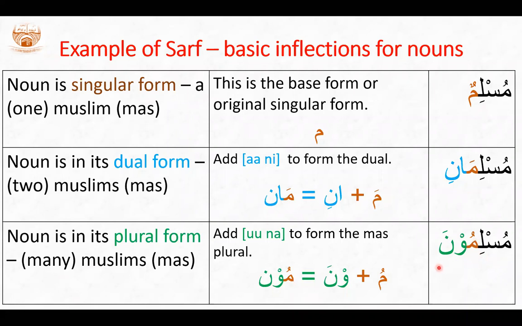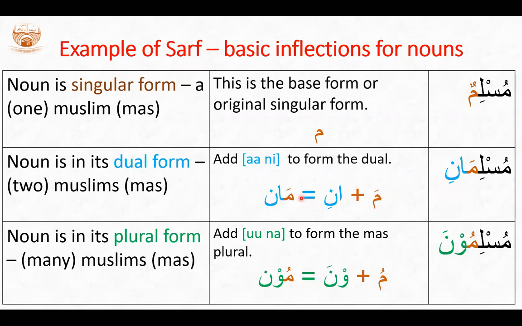Mu'minuna. The Quran speaks about those people who seek forgiveness. They do istighfar. They are known as mustaghfir. Mustaghfirun. How do we say two people seeking forgiveness? Mustaghfirani. And how do you say many people seeking forgiveness? Mustaghfiruna. We hear about the mujahid. Who is a mujahid? A person who struggles in the path of Allah. So, mujahidun, mujahidani, mujahiduna. You know the word nasirun. Nasirun is a helper. We add ani to that.